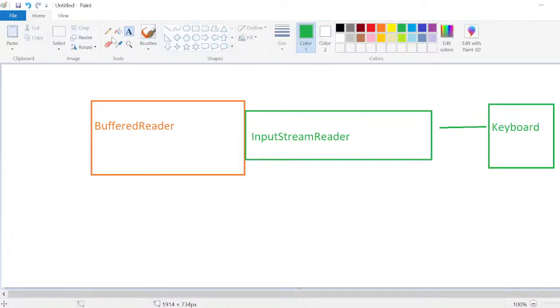Okay, so generally the concept here is, how to read the data? We can read the data in three ways: the Scanner class, the reader, and today we are discussing the BufferedReader. BufferedReader cannot directly read data from the keyboard. It needs one assistant, and that assistant's name is the InputStreamReader. InputStreamReader is also a predefined class, which comes from the java.io